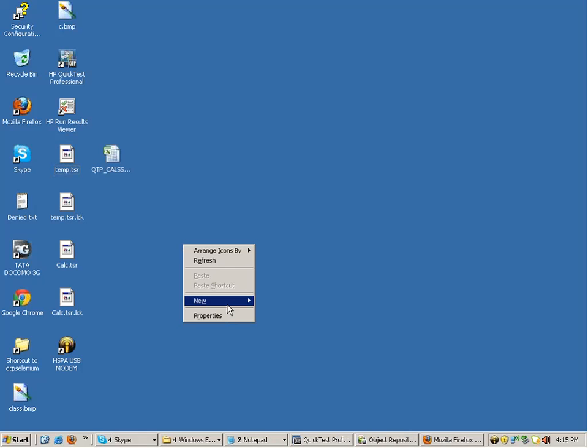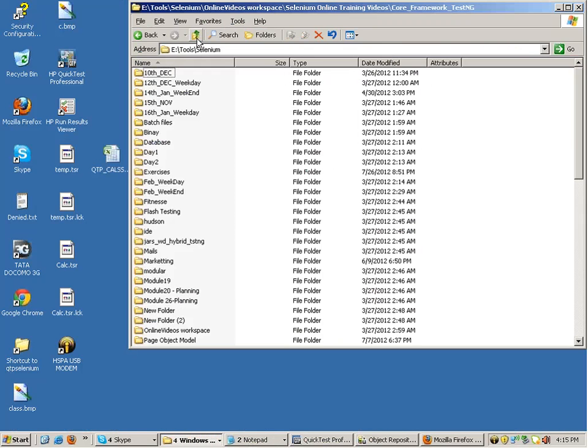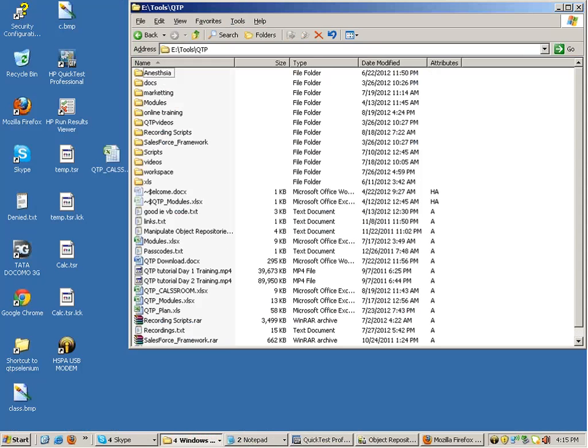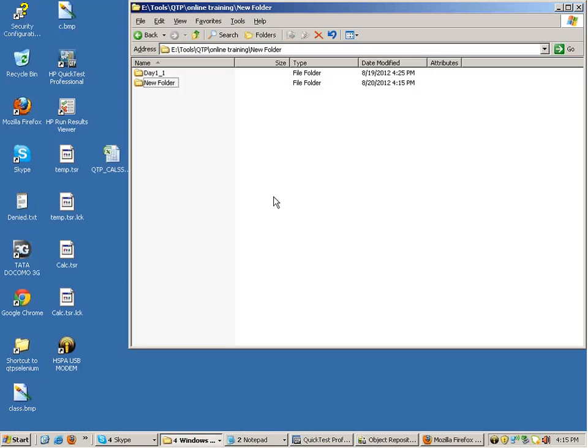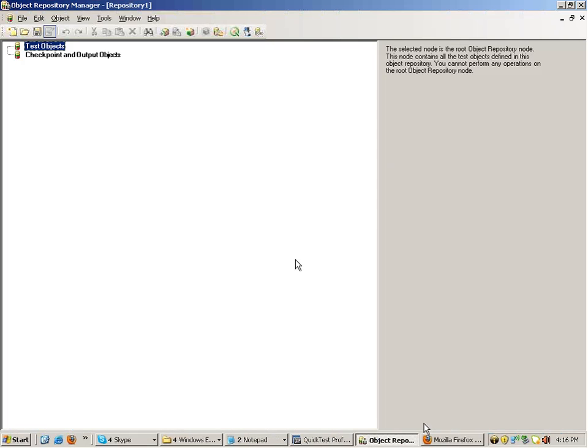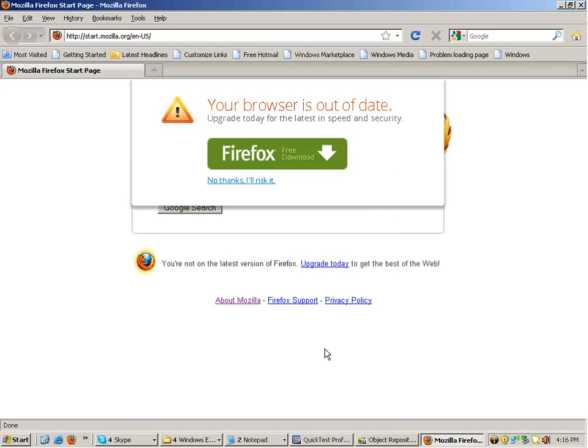I'll create a folder on my desktop or E drive. Just a minute. I'll create a folder here called TSR, okay, test shared repository. Fine. Out here, what I'll do is in my browser, suppose I go to the website Gmail, fine, or I go to eBay. I go to ebay.com,